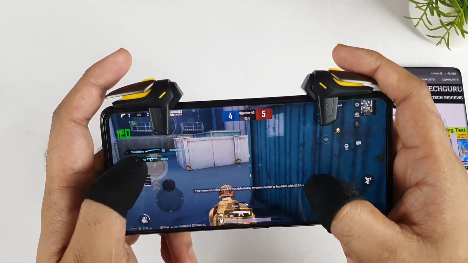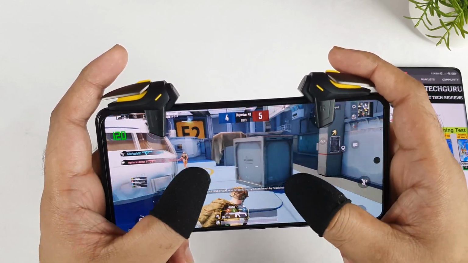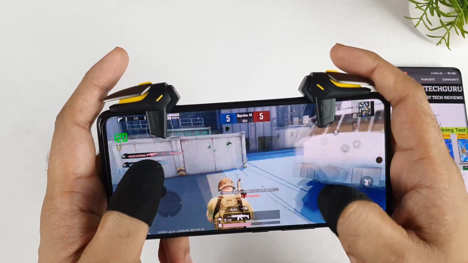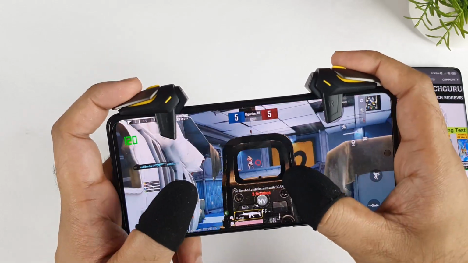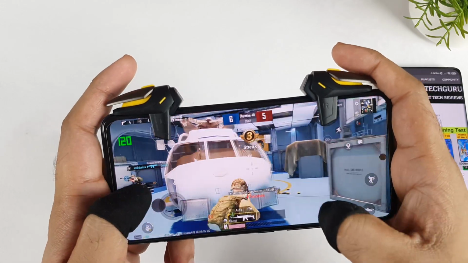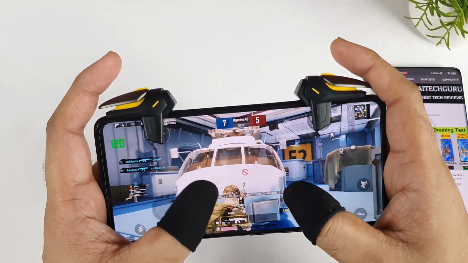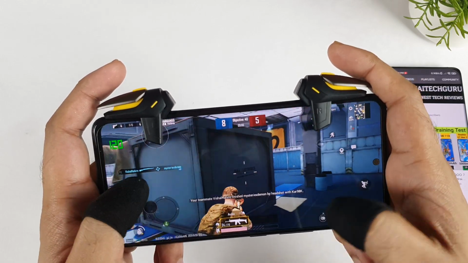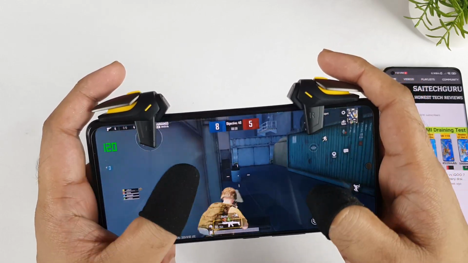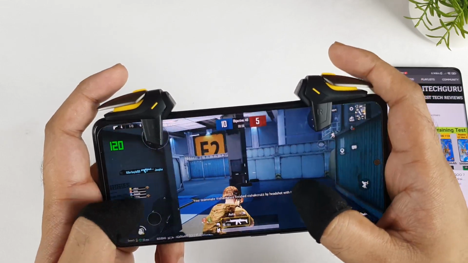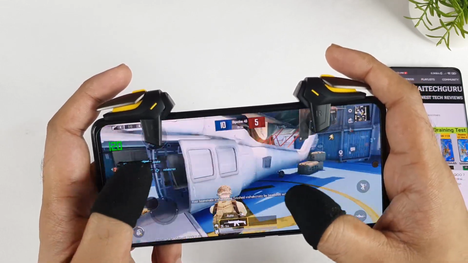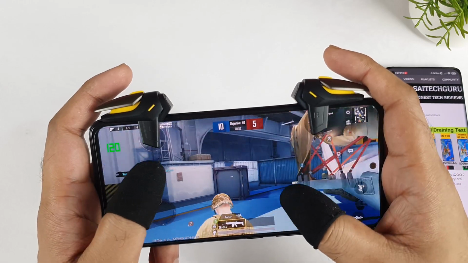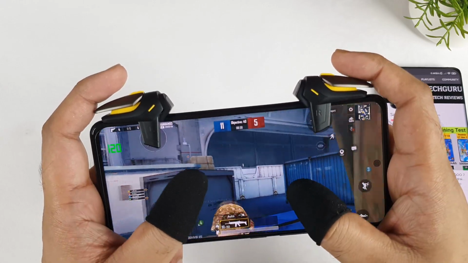You can see the gameplay experience is really smooth while playing this Team Deathmatch. As you can see from the gameplay, it looks really smooth, no problem. I wish iQOO would definitely add the real-time FPS meter, friends. That's my biggest complaint from the beginning of using this device.